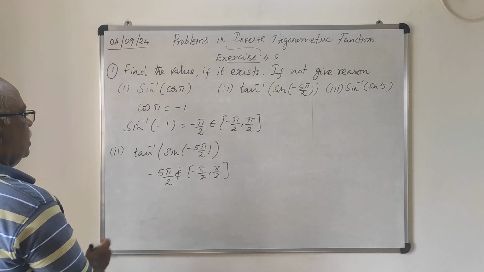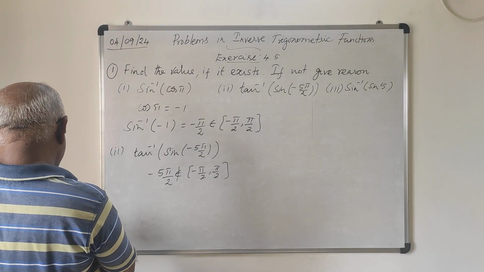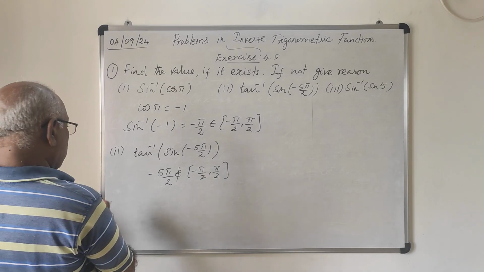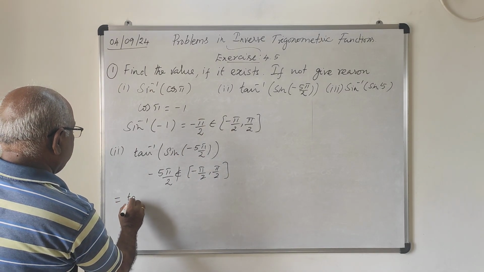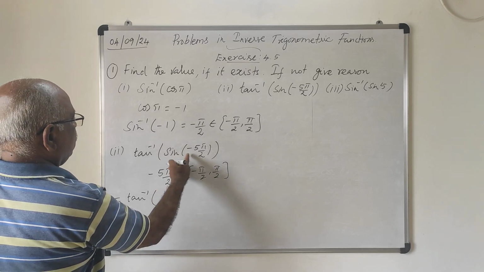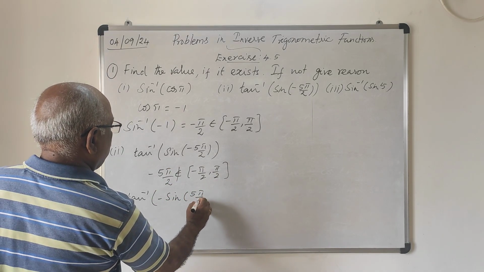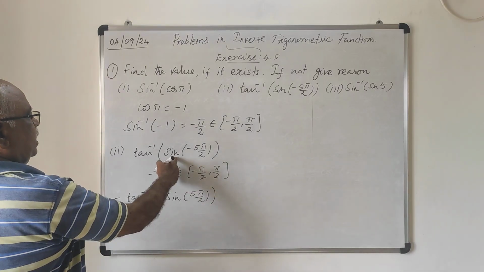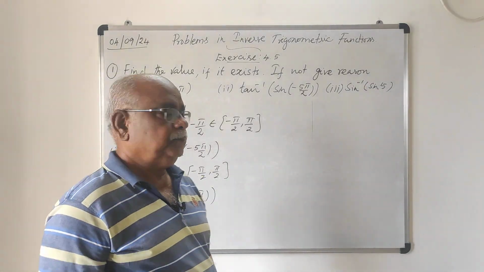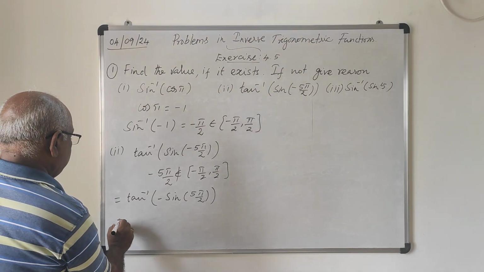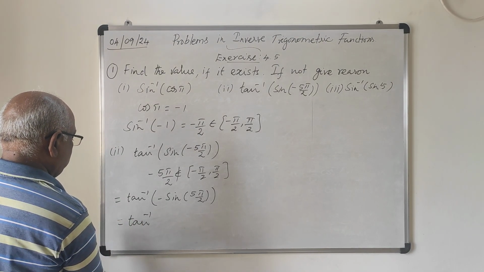So for that, sine of minus pi by 2 can be expressed using the fact that sine of minus theta is minus sin theta, so minus sin pi by 2. Okay? So again, this is tan inverse of